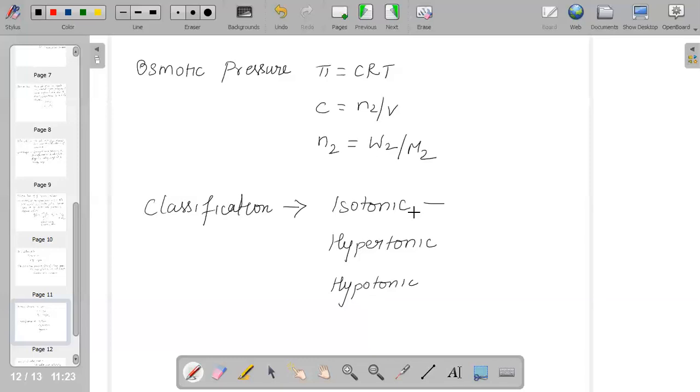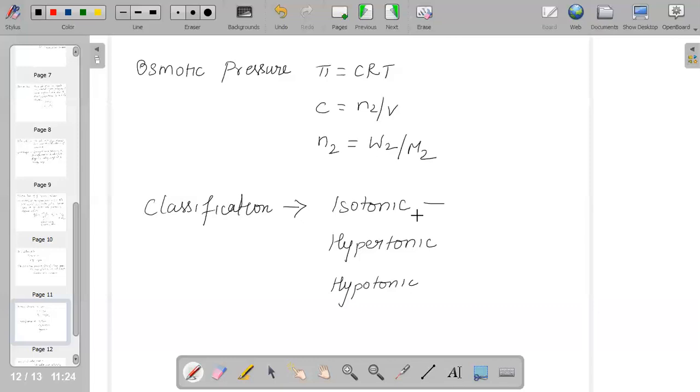When we talk about hypertonic, suppose the medium has a lower concentration of water than the cell, it is a concentrated solution. So the cell will lose water by osmosis. Such a solution is known as a hypertonic solution. Water crosses the cell membrane in both directions, but more water leaves the cell than enters it. In this manner, the cell will start shrinking, and we say that it is hypertonic.